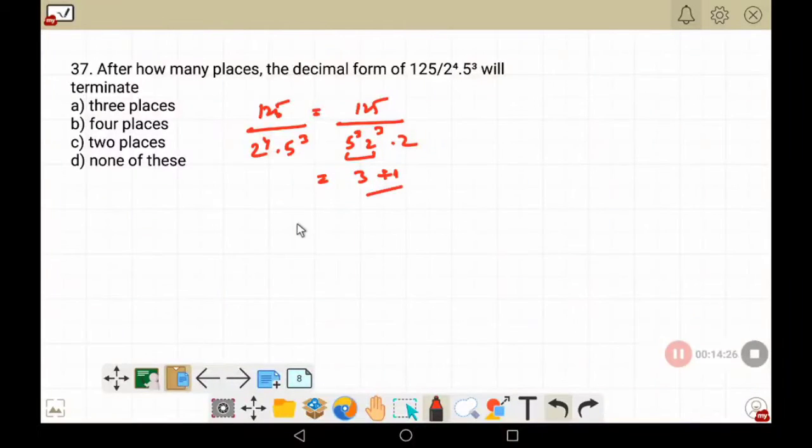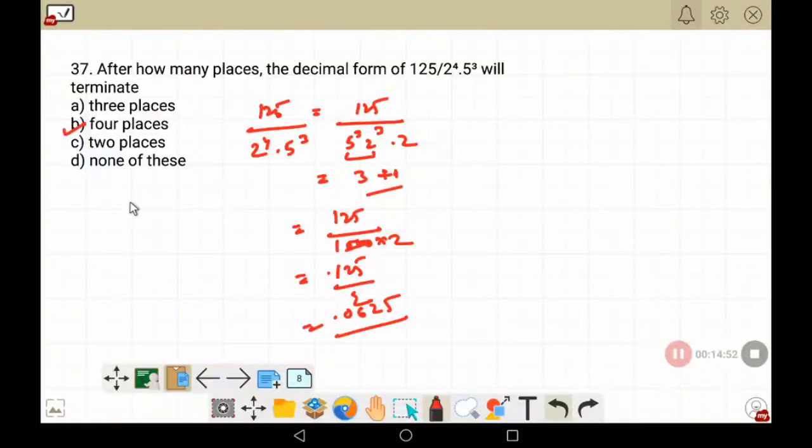places. Look here, how I found out. 125 upon, you can write this as 1000, and here you have 2. If you remove these zeros, you will have 1.25 upon 2. If you again divide it by 2, it will have 1.26 12, 2 6 12, 2 to the 4, 2 5 the 10. That is after 4 decimal places.